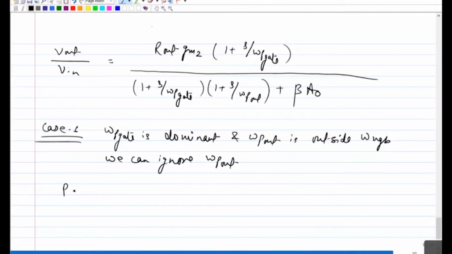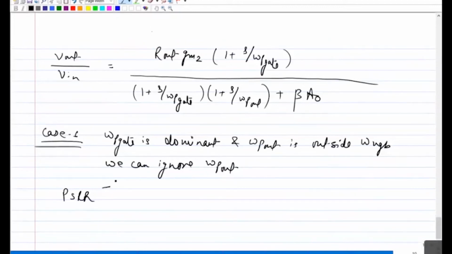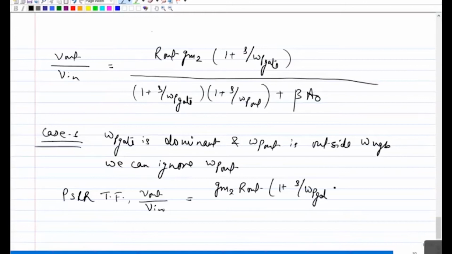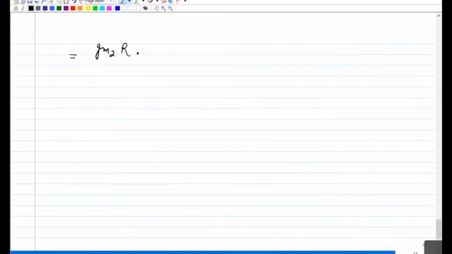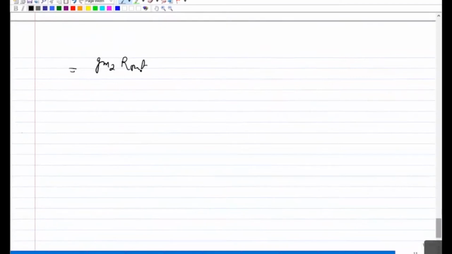So your PSRR transfer function, which is nothing but V out by V in, equals GM2 R out times (1 plus S over omega P gate) divided by (1 plus S over omega P gate plus beta A naught), and what you get here is GM2 R out divided by